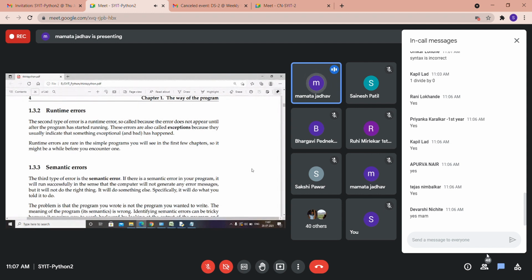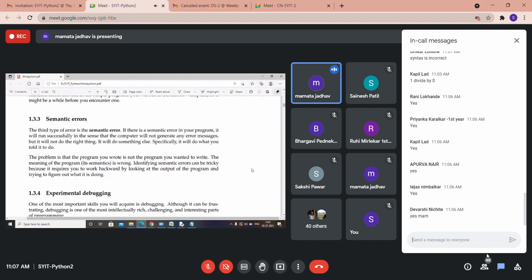Then you have semantic errors. The third type of error is a semantic error. If there is a semantic error in your program, it will run successfully in the sense that the computer will not generate any error messages, but it will not do the right thing either. It will do something else. That means the add function is performing subtraction. Specifically, it will do what you told it to do.